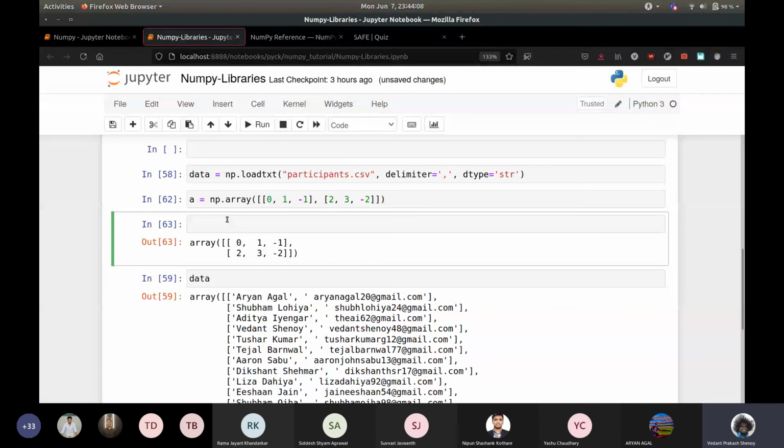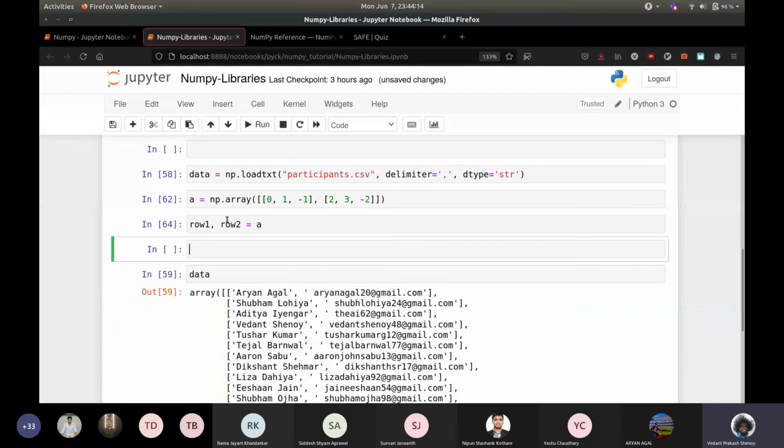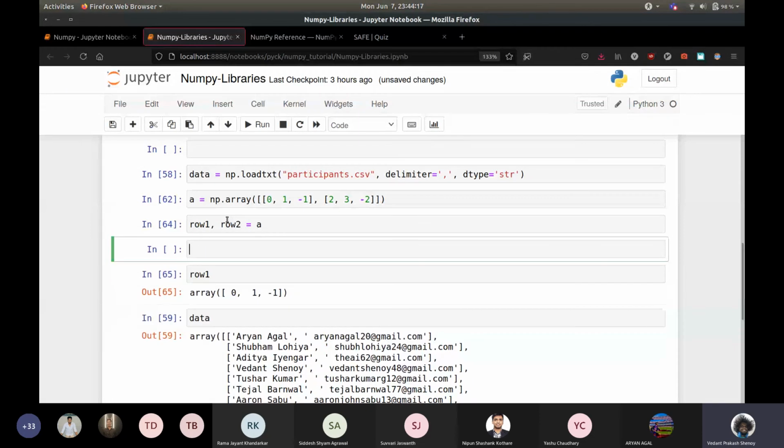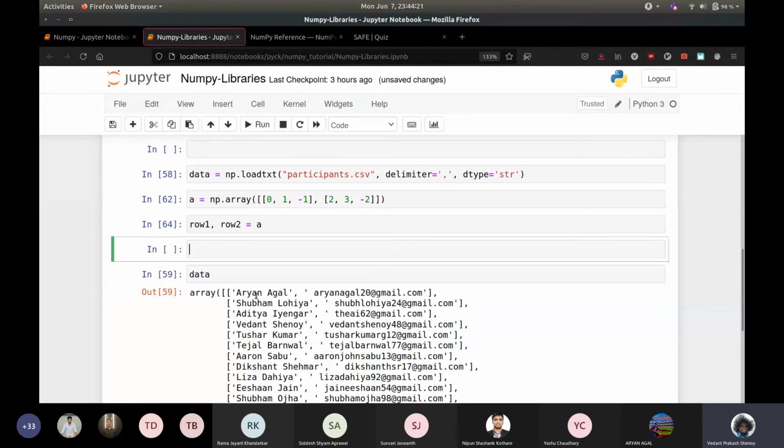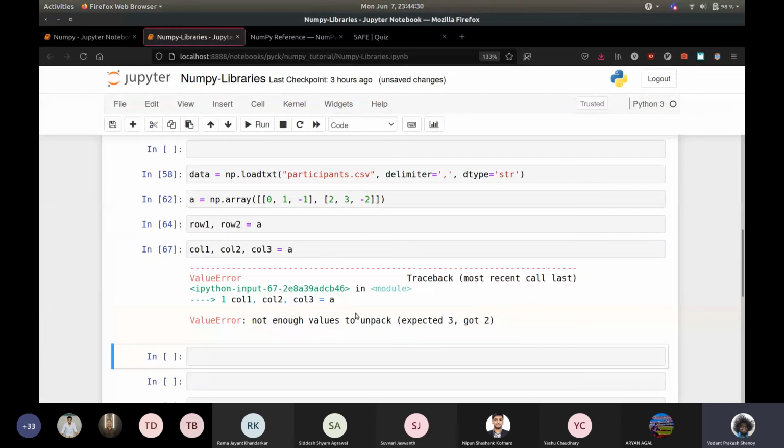If you try row 1, row 2 equal A, then it unpacks each row. So you get row 1 and then row 2. But what we want here is not that. We want each column, right? If you want column 1, column 2, column 3 in A and we try to do it, it will tell you that you expected 3 but only got 2, because it's trying to unpack it row wise.